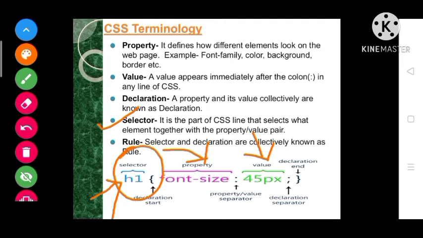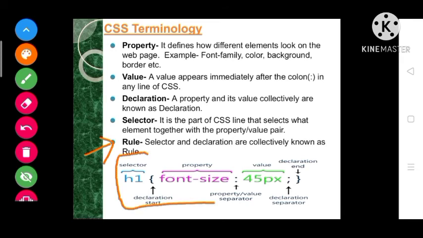That particular element is known as the selector. Next one is the rule. Everything from selector up to declaration, everything combined collectively, is known as a rule. So maybe all the things are very clear to you all: what is property, value, declaration, selector and rule.